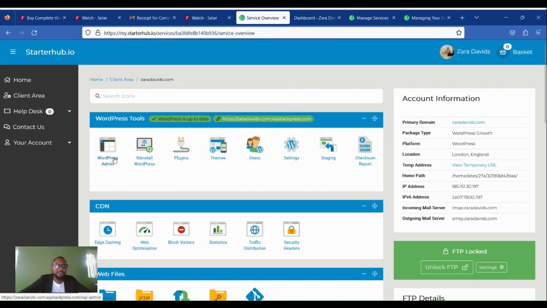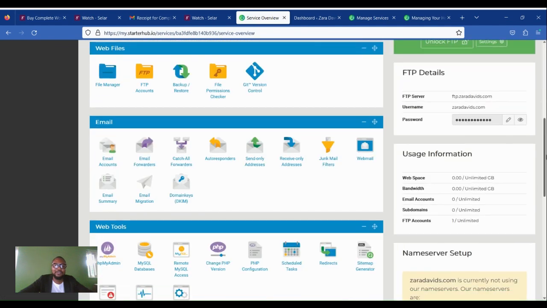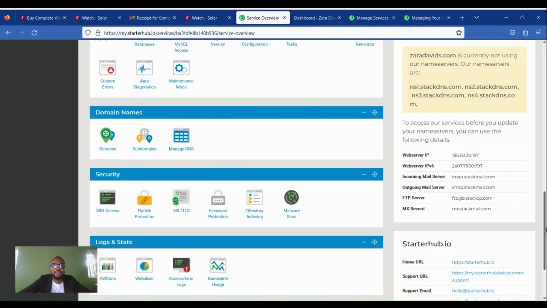You can go to your WordPress admin area directly from here. You can see all your plugins. You can see themes, users, and do all basic WordPress settings from here. You can even access your website front end directly by clicking the link here. So there are CDN settings. You can set your caching, optimize your website, and do other options from here. Manage your website files, take backups, and do a whole lot of other configurations, which we are going to talk about